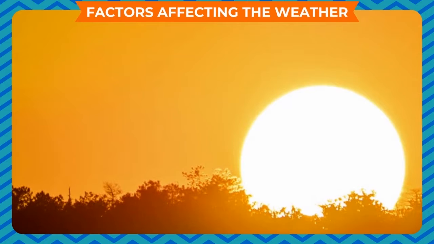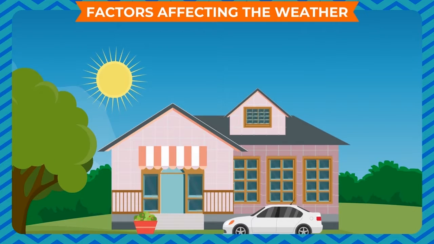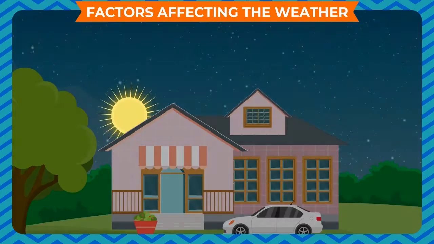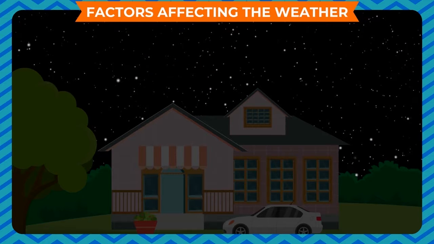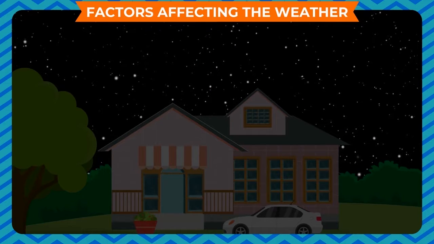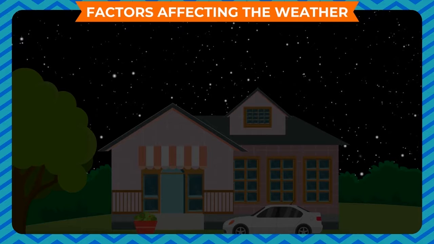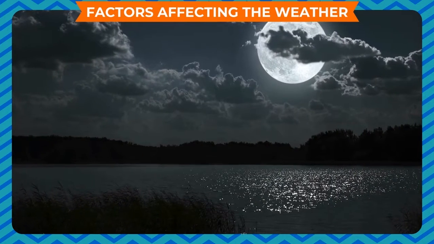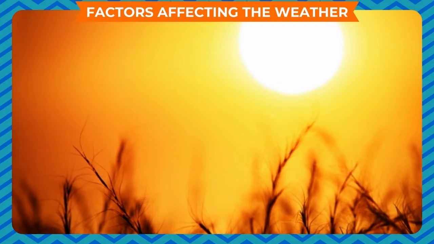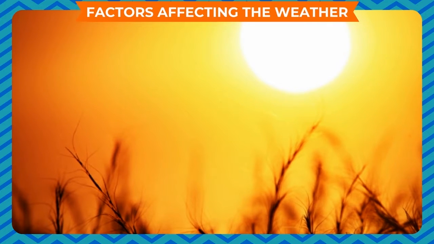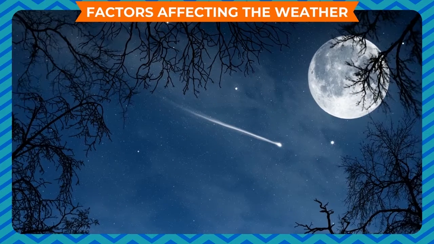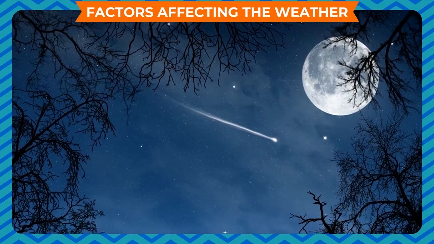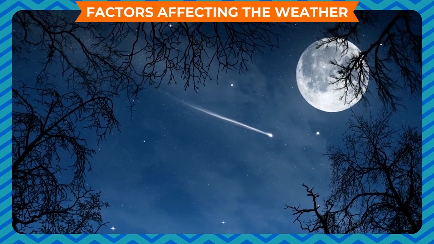Factors affecting the weather. The main source of heat for our Earth is the sun. We all know that when the sun rises, it is day and it sets just before night. We also feel the difference in the temperature of the day and the night. The days are warm in comparison to the nights. The rays of the sun fall on the earth during the day and make it hot. At night, our earth does not get sunlight, so it is cool.